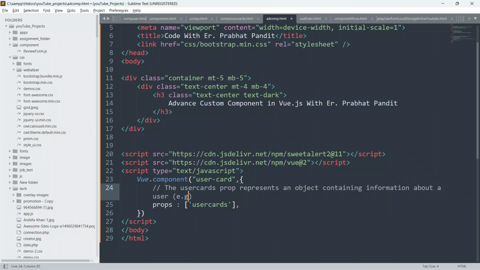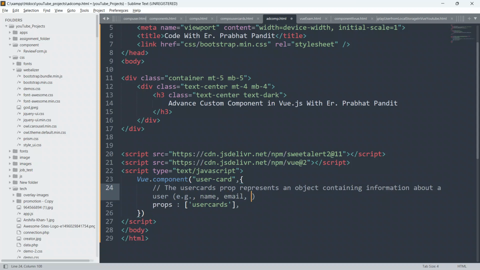It will contain email also, it can contain anything, guys. Whatever you want to define in the user card props, it can contain anything, HTML code, HTML elements, anything about the user, about the product, about anything.